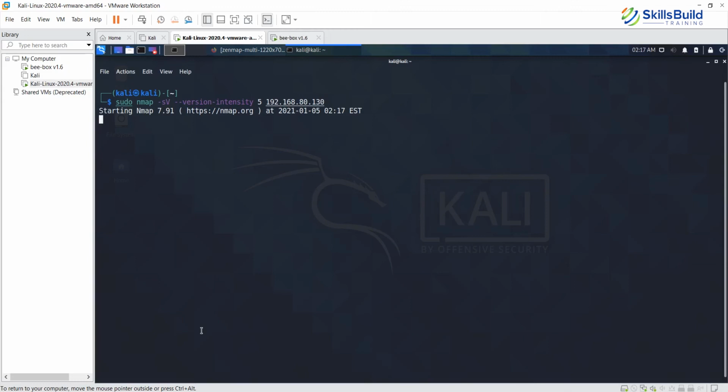What it is supposed to be doing is an aggressive service detection on this particular system. So let's see what kind of output it shows us.